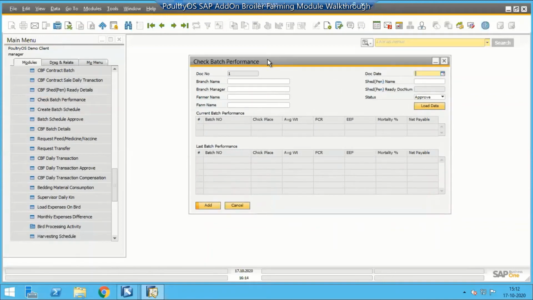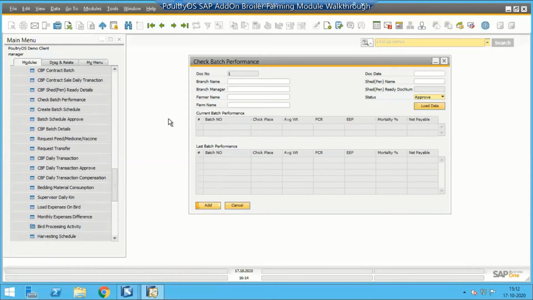It's mostly useful for contract farming, where performance has been consistently low for the last 3 to 5 batches. At that time you can take a decision on whether to reject that application. If you reject, then that farmer will not come into the placement. So this is again filtering of a farmer based on his performance.